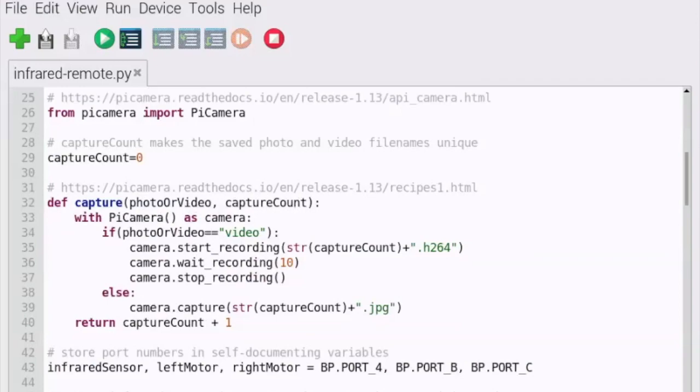And then if the caller indicated that we want to take a video, we use the camera's start recording, wait recording, and stop recording statements. We pass the desired video output file name to start recording. We pass a 10 to wait recording, indicating that we want a 10-second video. If the caller didn't specify that we should be capturing video, then we'll default to capturing a photo. Regardless of what type of video or photo we're capturing, the file will be written to the current folder. And finally, we increment capture count to be used in the next unique file name